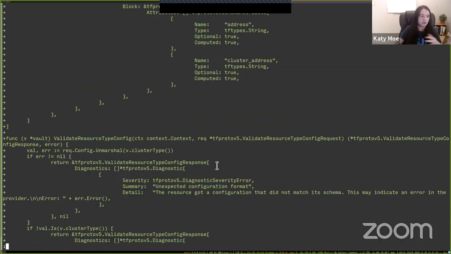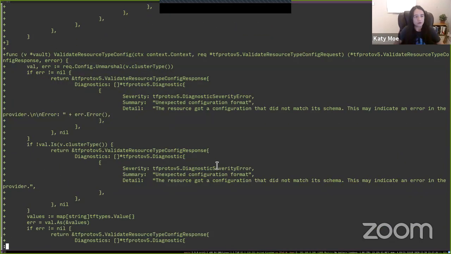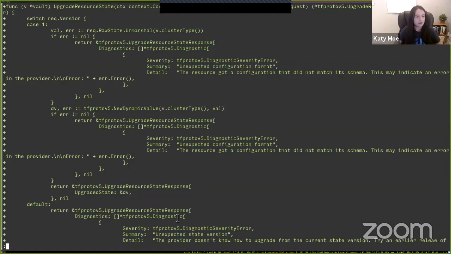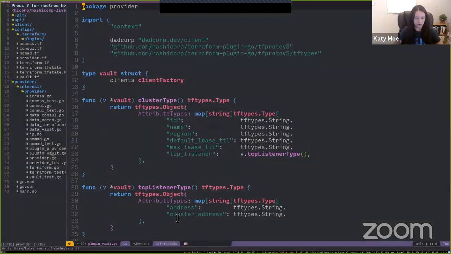Okay, so your helper schema resources are using CRUD functions, so create, read, update, delete, as well as import. And those are not really a true mapping to what the Terraform protocol is actually doing. So with plugin Go, we're trying to go a bit closer to that. And so you have validate resource type config, I'll go back to that in a moment, actually in the editor. Upgrade resource state, plan resource change, apply resource change. In fact, I think we probably want to go to the editor at this point.